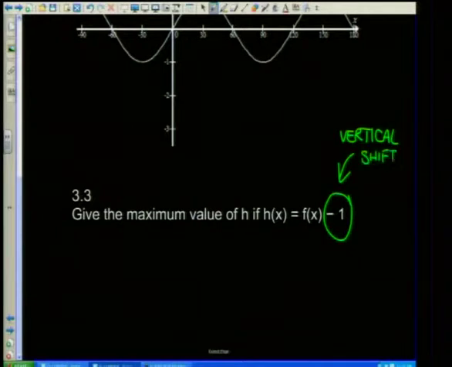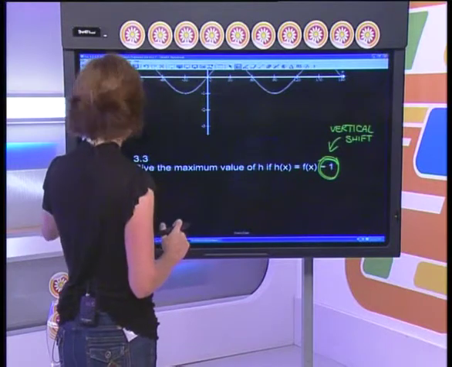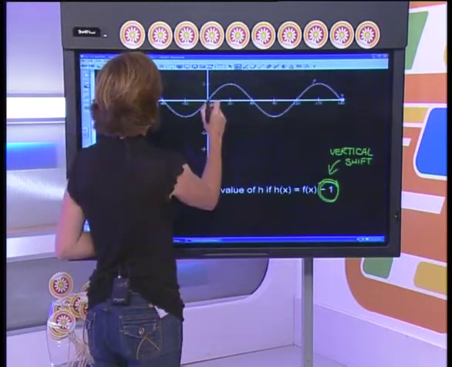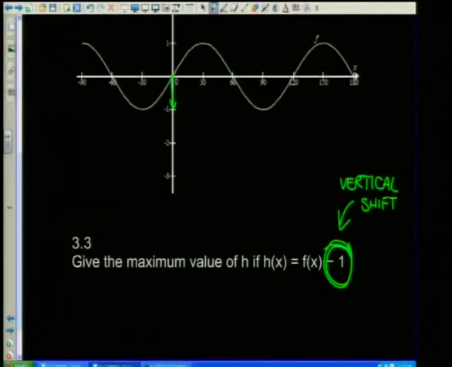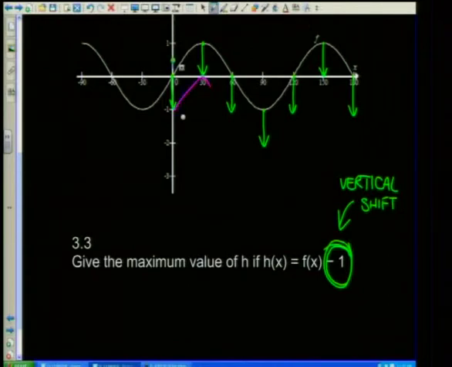Now in this case, the vertical shift is a -1, which essentially is saying that your entire graph is being moved 1 unit down. Okay, so if I were to draw that, let's draw h of x and see what it would look like. This point over here has now moved 1 unit down. This point, which is at 1, has moved 1 unit down. This point has moved 1 unit down, and 1 unit down, and so on. Okay, so if I were to actually redraw this, I'm just going to draw it on this side here, so I don't miss the points. Okay, that would be your new function.